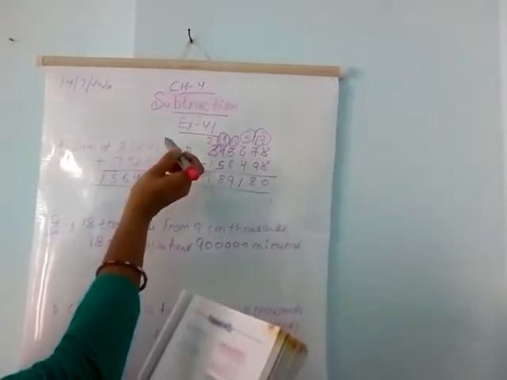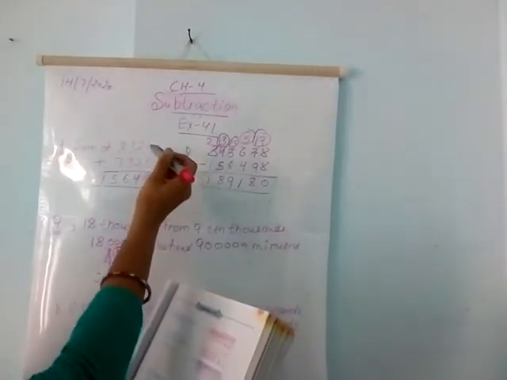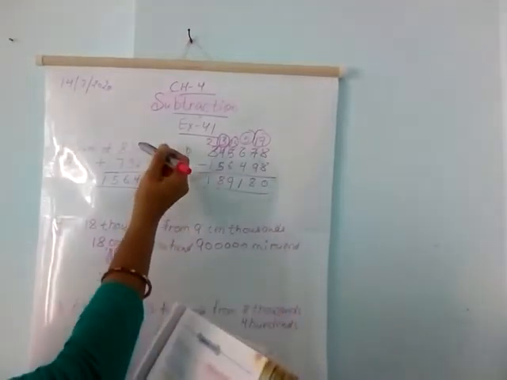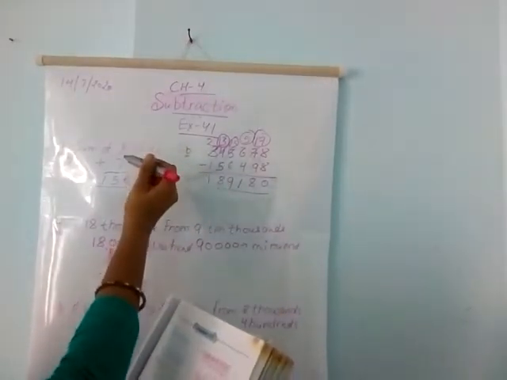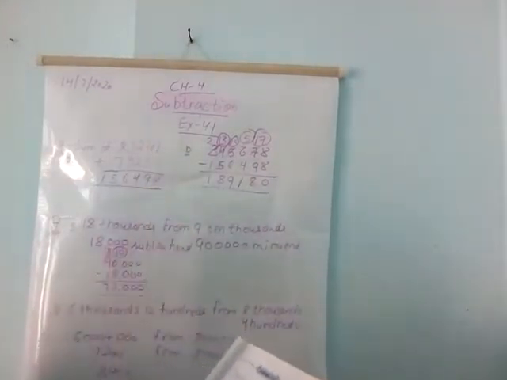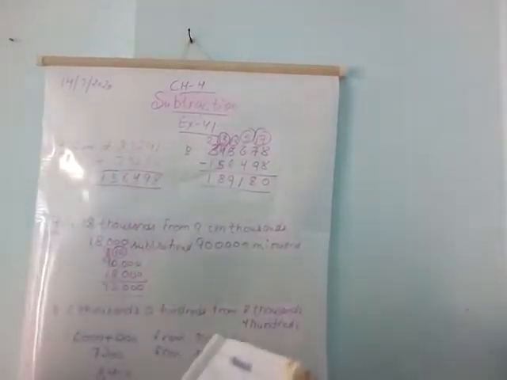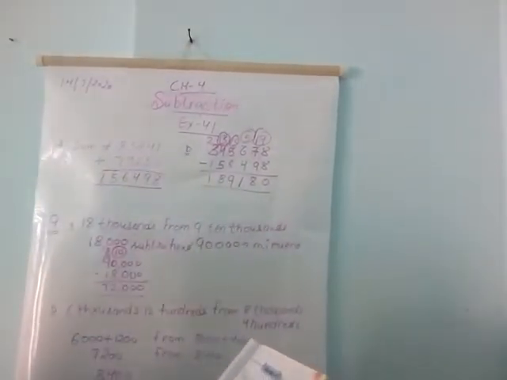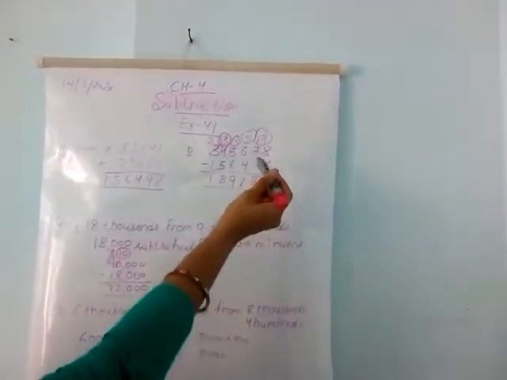From where we get it? It's 7 plus 1 is 8, 4 plus 5 is 9, 2 plus 2 is 4, 3 plus 3 is 6, 8 plus 7 is 15. Okay. So what you have to do, subtract the sum of both the numbers from 3,45,678, which is written over there.